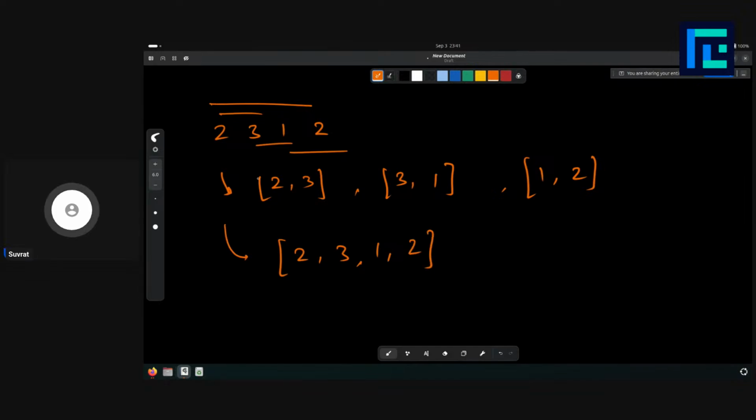So let's check for this subarray. Since it is already sorted, the expected median and the median after sorting would be the same. So basically this is our first observation: if the subarray is sorted,